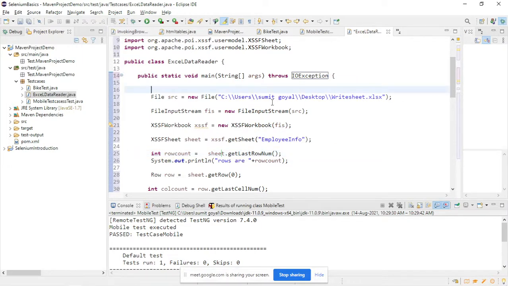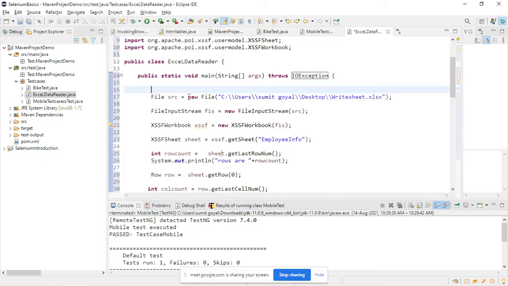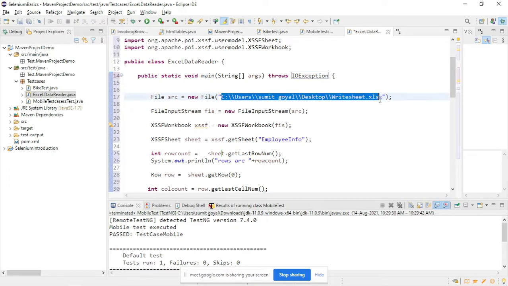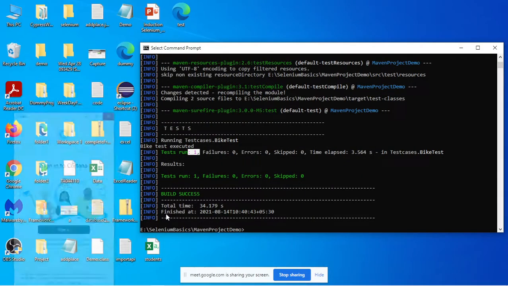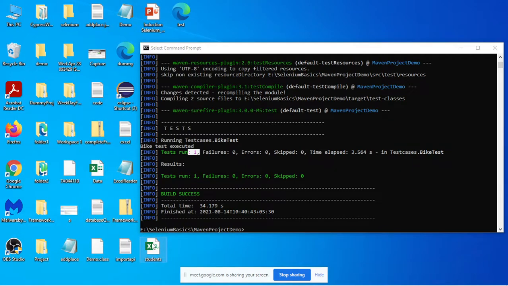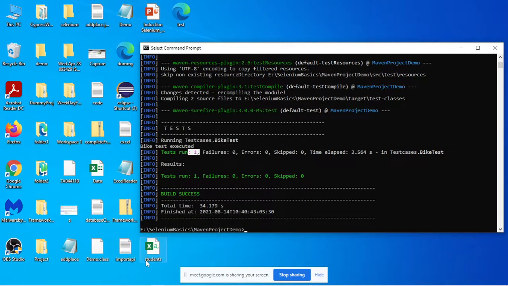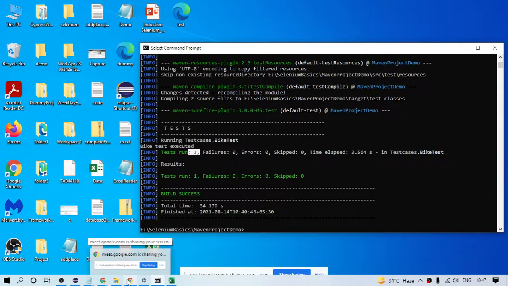Okay. So now what I'm doing in the first line, this is our class. So this is a Java class. I am creating the object of this class, so new File, and this is the object name, right? And inside that, I am providing the complete path of my Excel file. So let me copy. We are having the different Excel here. So this is our Excel name. Let me check the complete path and click this path name, desktop. And what is the file name? Students, right? So this is a CSV file. Sorry, not a CSV file. It is simply an Excel file.